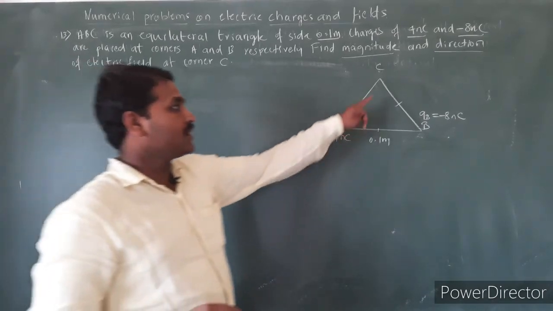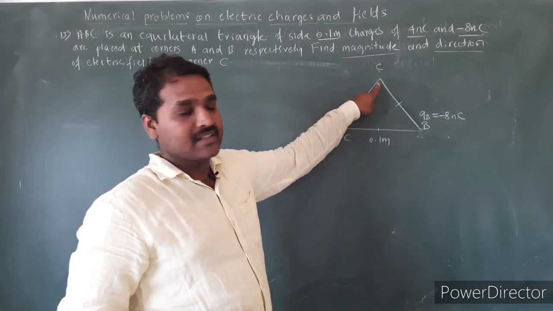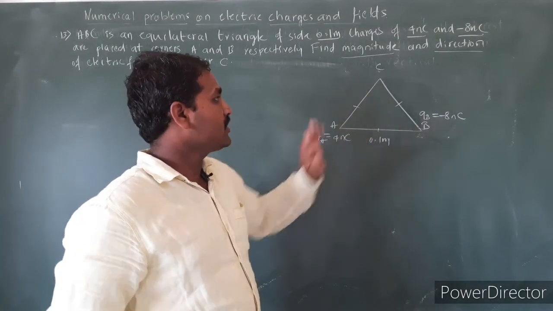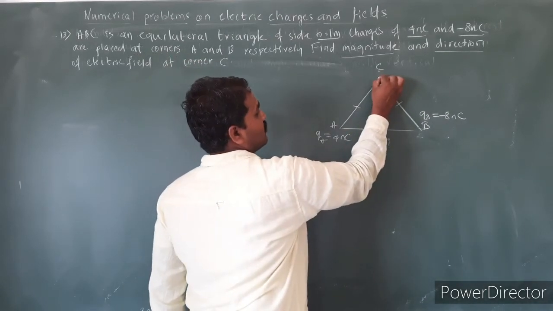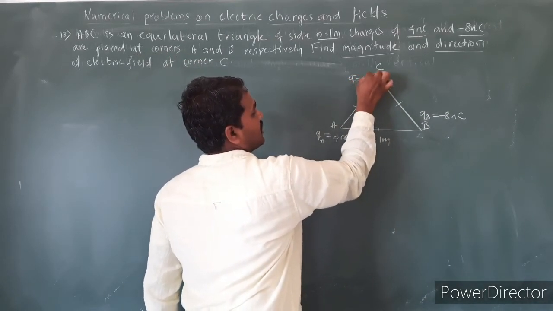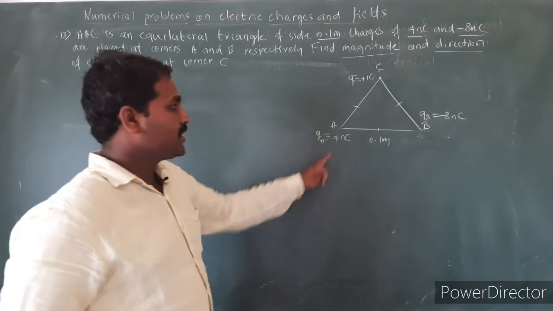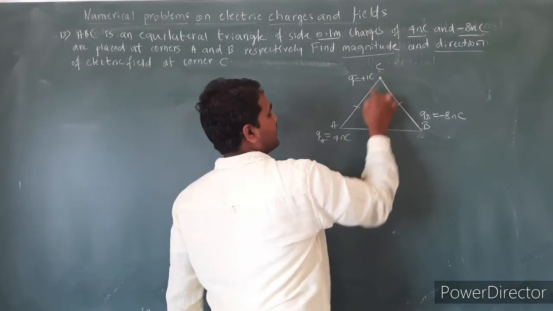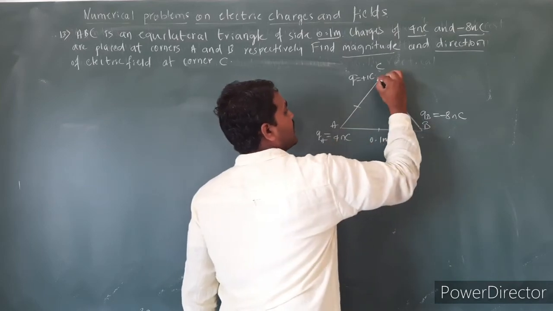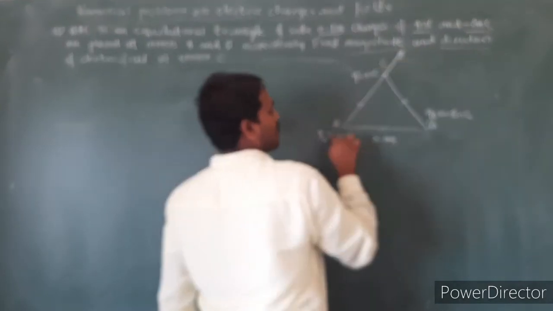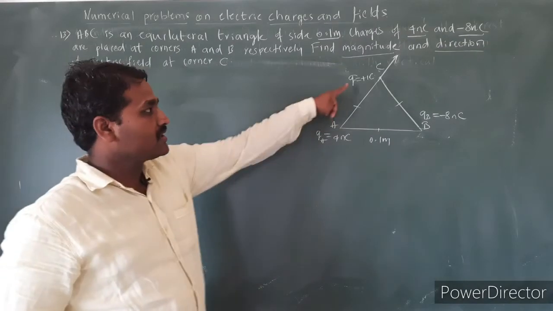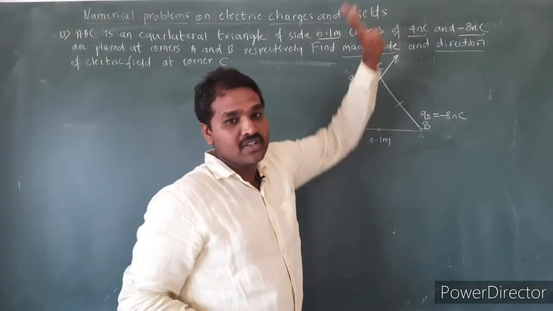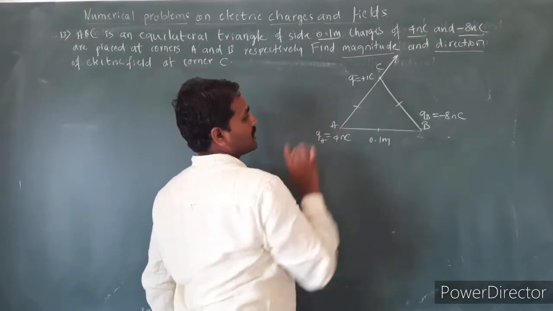Okay, and we have to find out the resultant electric field at third corner C because of these two charges. Here let me assume the unit positive charge of plus 1 coulomb. Similar to the previous problem, the direction of the electric field at point C because of the source charge will be away from the source charge here, because these two are positive charges. The test charge will be moving away from the source charge. Both are positive charges here.